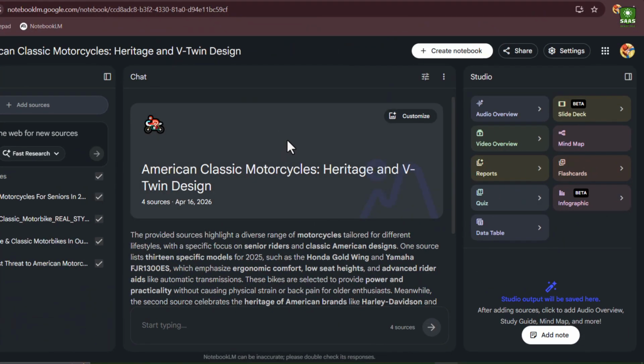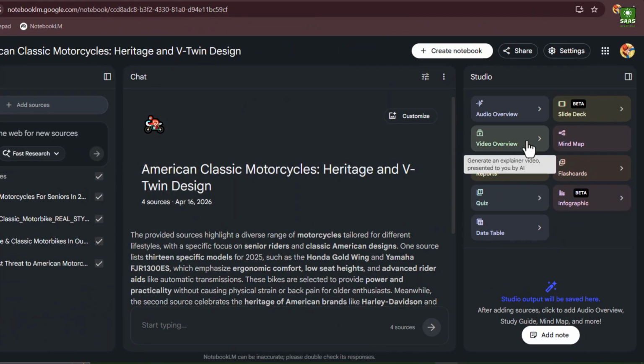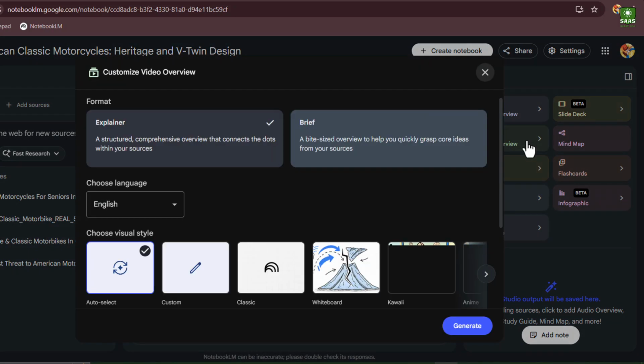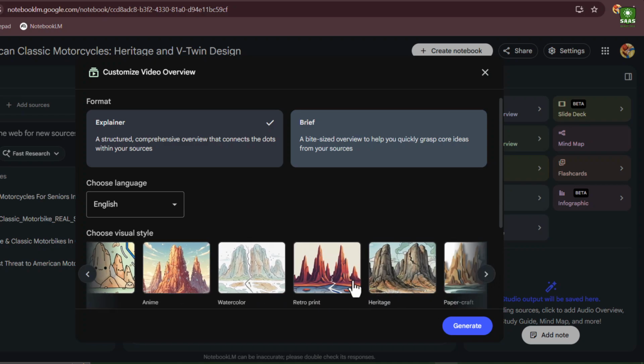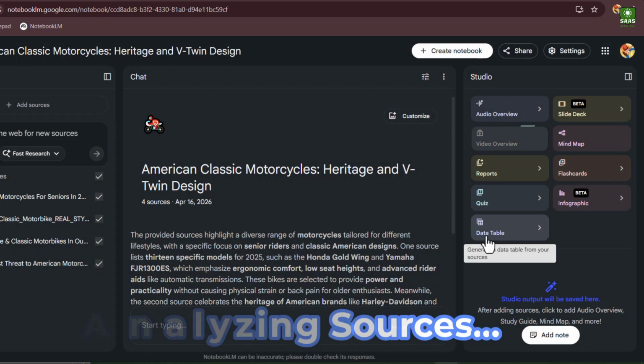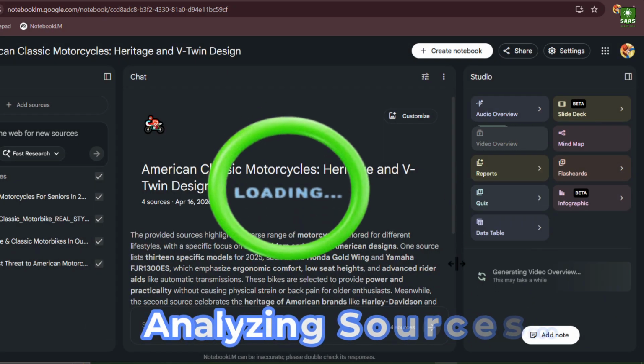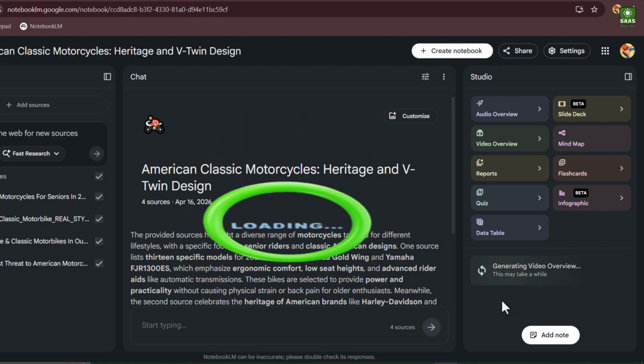This is the simplest part of the process, so go ahead and click the video overview tile once. The AI will immediately start analyzing your documents, pulling out the critical data and writing a full script. It is doing hours of manual work in about 10 minutes, giving you a fully finished and narrated presentation without